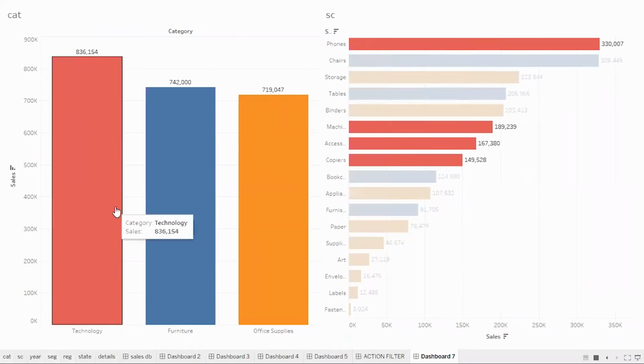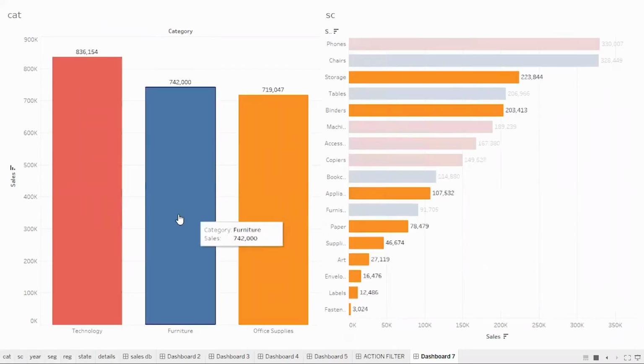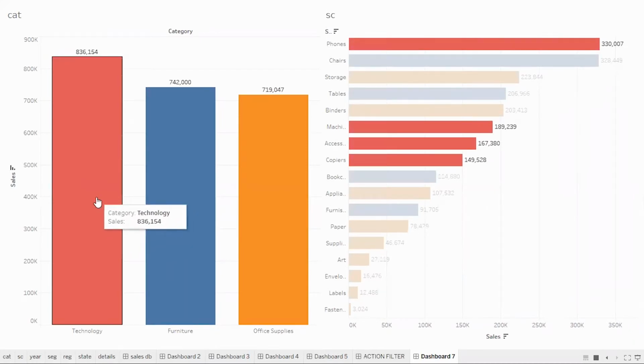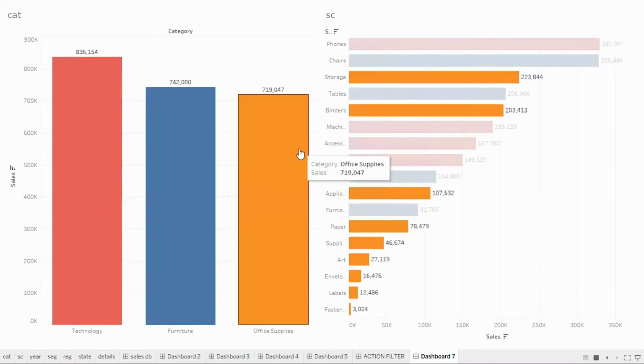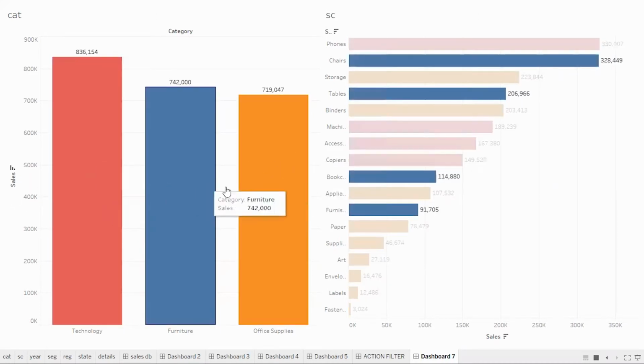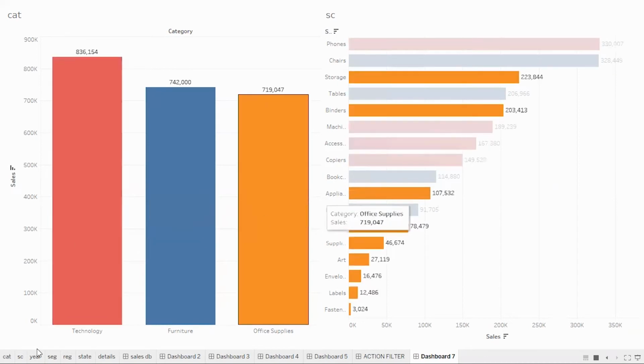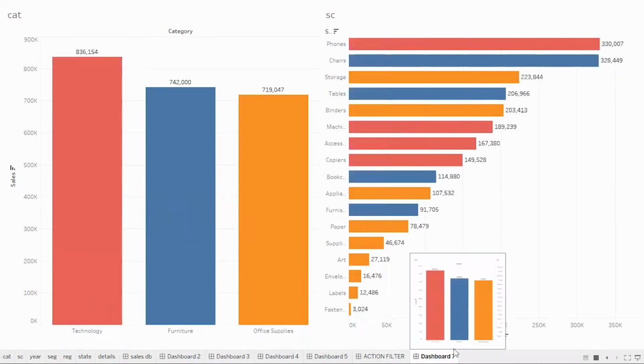Now you move your pointer. Again, if you remember this action when we did it in the worksheet, it doesn't look to be very impactful. Reason being, when we were moving the pointer on a particular category, nothing was happening. We had to manually move to the next sheet so that we could see that the subcategory of the respective fields had been highlighted. But here again it is more dynamic, so you can see over here. Okay, so this was the action highlight.